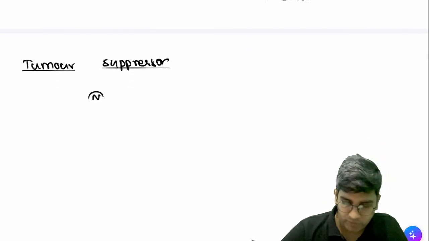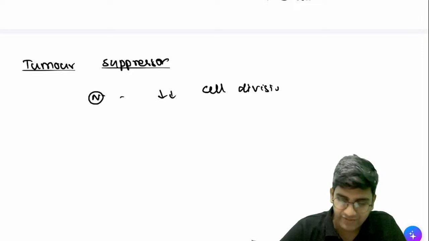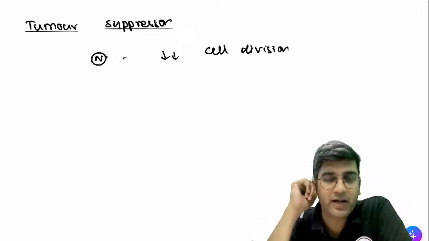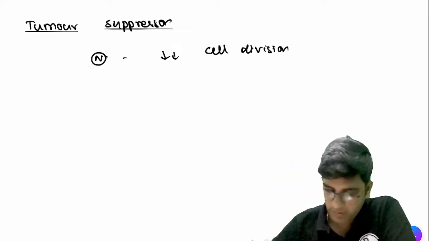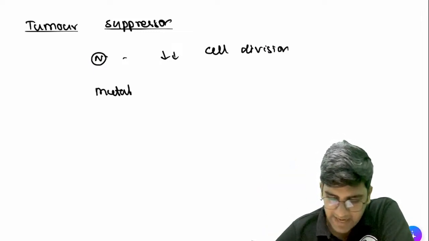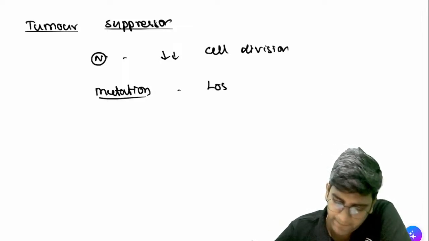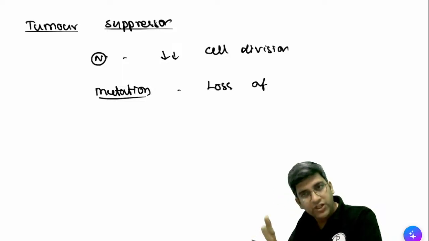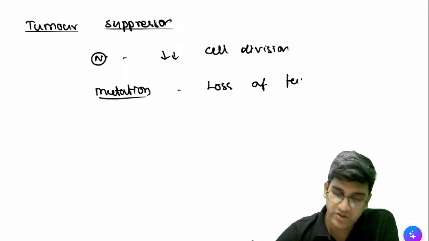The normal function of tumor suppressor gene is to reduce cell division. They are tumor suppressor, right? So listen carefully and answer. If a tumor suppressor gene is mutated, it causes cancer, right? What mutation will cause cancer? Gain of function or loss of function? It is loss of function. Because only when the function is lost, normal function is to suppress cell division. The function is gone. I am not able to suppress cell division. More and more cell division happens, right? It has to be a loss of function mutation.